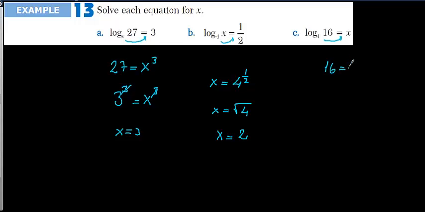Okay, the last one. Here again the base is 4, the power is x, 16 is equal to 4 to the power of x, and 16 equals 4 to the power of 2, we know that one. So 4 to the power of 2 is equal to 4 to the power of x, the bases are the same, powers must be the same, x is equal to 2. If we solve the next question,